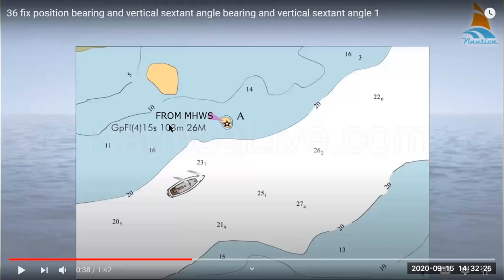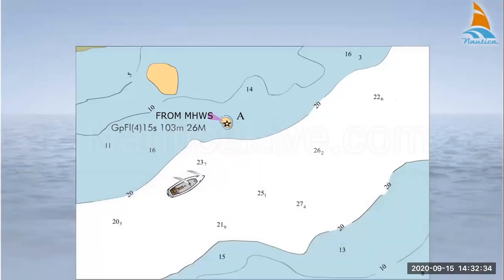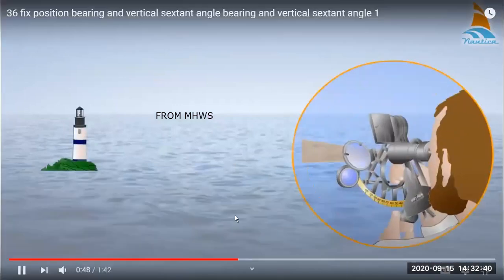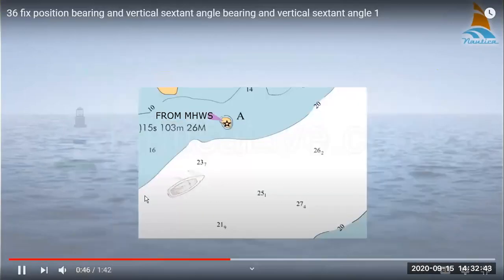So this height of the lighthouse is from mean high water spring, and we have to correct it with the formula that we will see. So we correct